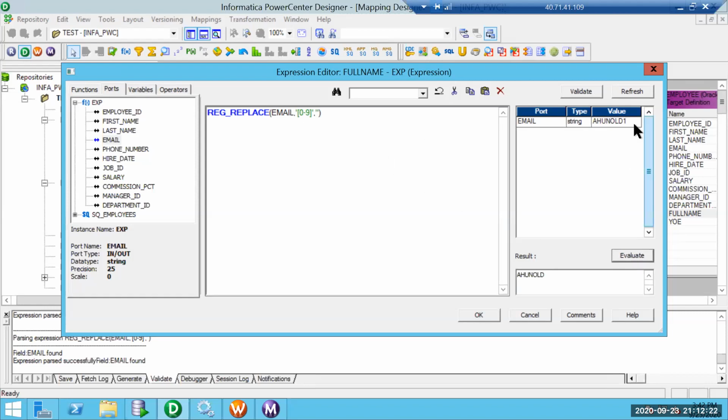If I give 1, 2, 3, anything we give, that part is completely removed. If I want to replace A to Z, I can use A to Z like this. In this case, if I populate the same thing, 1, 2, 3, 4, something, it is going to replace the character part and retain the numbers.